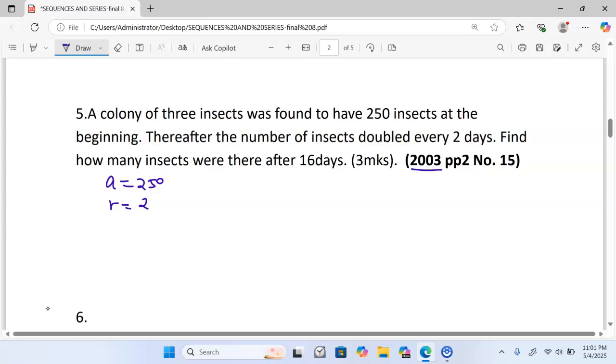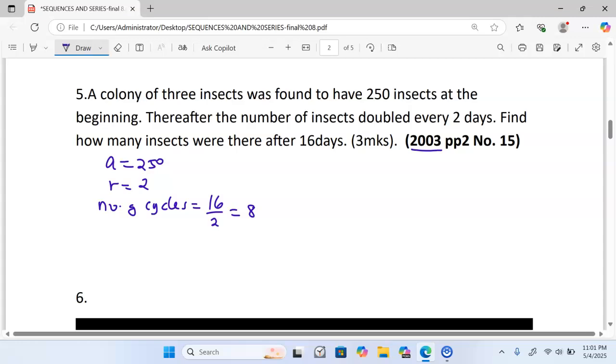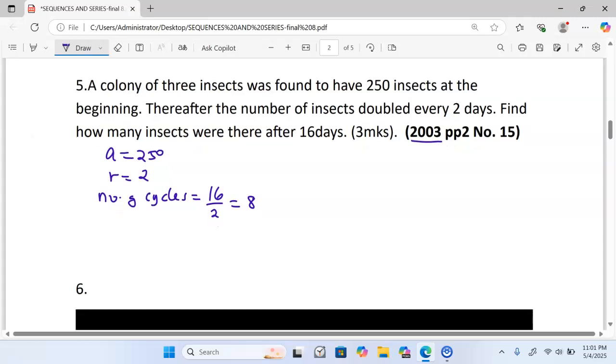And for us to get the number of cycles, the days are going to be equal to the total of 16 days. You divide by 2, giving us 8. From here now we can get the number of insects, that is the sum. And to get the sum of terms in